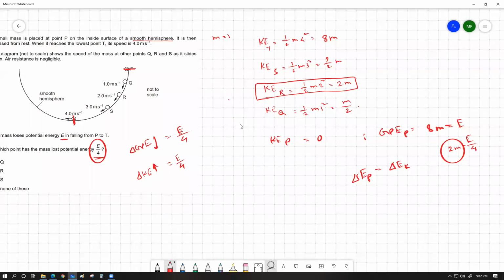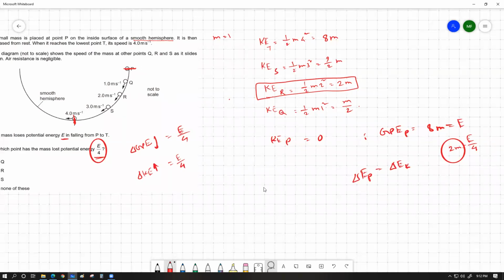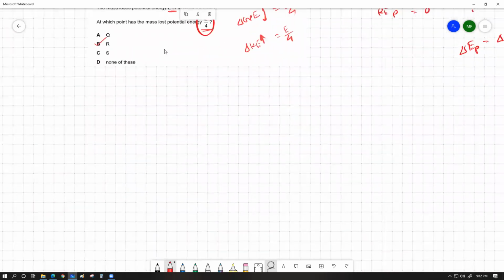There is a little bit of back and forth over here. You have to understand that the change of GP to K would be equal. The amount of K at the bottom should be equal to the amount of GPE at the starting. This is a very important understanding that you have to apply. And then from there you have to find out E/4 amount of GP loss should also mean E/4 amount of K gain. And then you have to find out the correct answer. আমি 1 ধরে যেভাবে সলভ করতে সেটা একটু দেখাই।